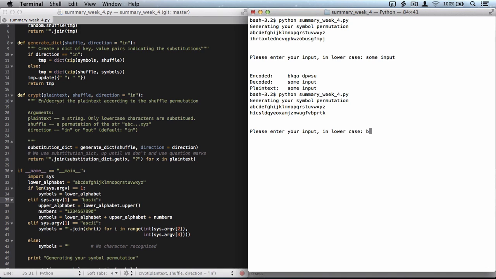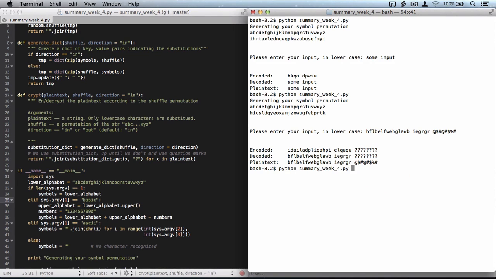If I enter some more complicated stuff, so it's not complicated so far, but if I introduce special symbols, then those special symbols will be lost, and instead it just gives question marks. So this is the encoded version, and the decoded version you see matches except for the special symbols here that are not swapped. If you want a more thorough substitution, you can ask for ASCII, and this,